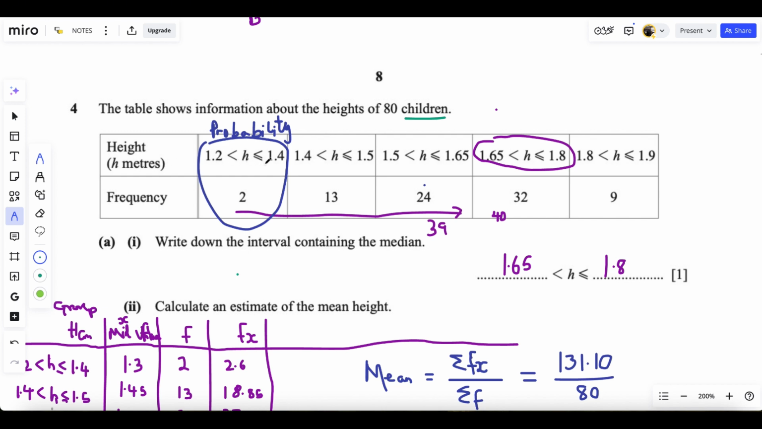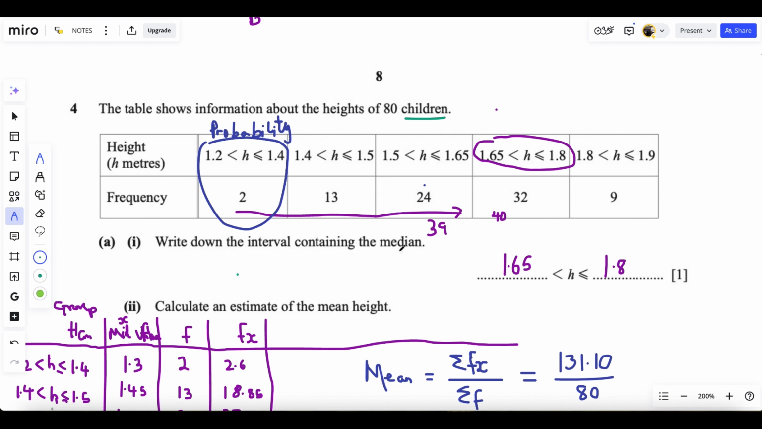H is less than or equal to 1.4 and greater than 1.2. This is grouped data, and the frequency is 2. H is less than or equal to 1.5 and greater than 1.4, the frequency is 13. H is less than or equal to 1.65 and greater than 1.5, the frequency is 24. H is less than or equal to 1.8 and greater than 1.65, the frequency is 32. H is less than or equal to 1.9 and greater than 1.8, the frequency is 9. Now the first question, part A, Roman figure 1, says write down the interval containing